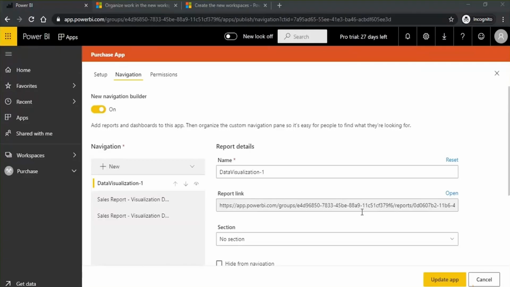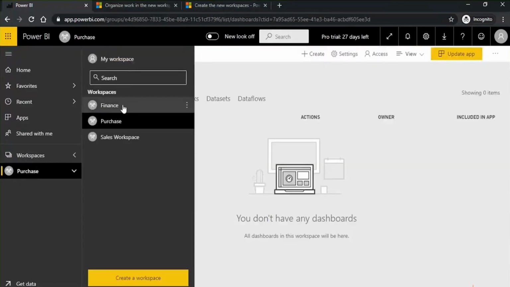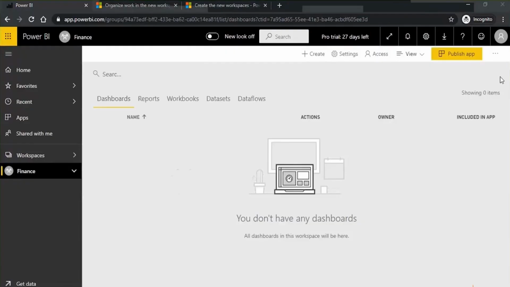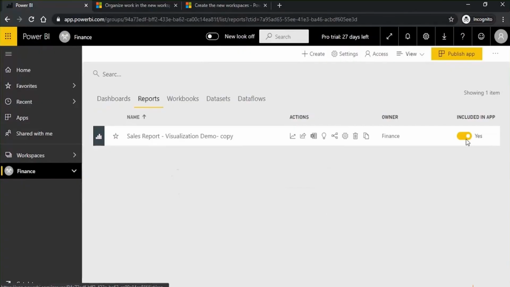Okay. All right, next question I see here. Can you please repeat how to enable the app? For example, let me publish the app for this finance workspace. In the finance workspace, I have one report. You can include or exclude reports or dashboards based on your needs, which one you want to share and which one you don't.